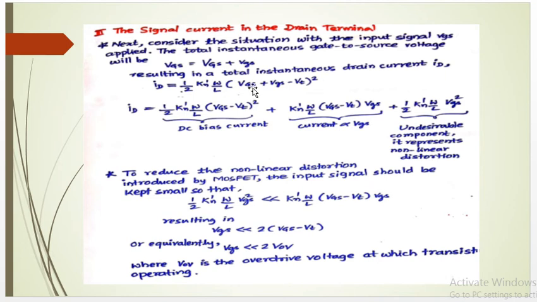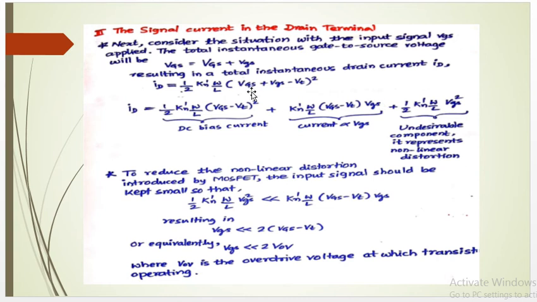Now if you rearrange, capital VGS minus Vt, the threshold value, the DC voltage applied at the gate and the threshold value, VGS minus Vt together, plus vgs we can write. The same expression can be written as (VGS minus Vt) plus this lowercase subscript vgs, the AC component or signal that needs to be amplified. So it is like (A plus B) whole square. So it will be A square plus B square plus 2AB.